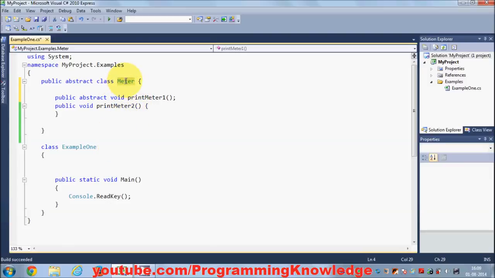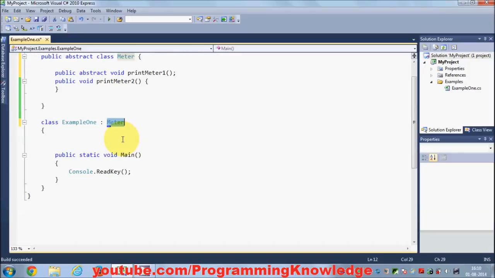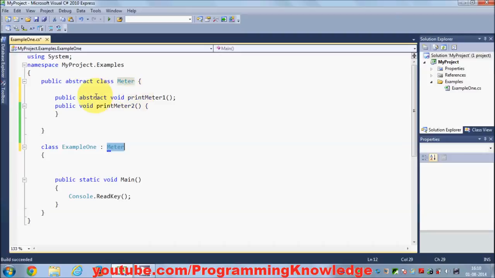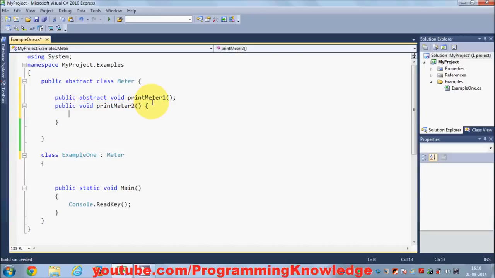I told you abstract classes can be used as a base class. For example, I have the class called example1 in which I have a main method. In here I can just derive from this meter class, which is a base class. So example1 is inheriting this meter class. Then what you can do, for example, is provide the definition of print1, because the print2 definition is already there, right? So let me give this definition: